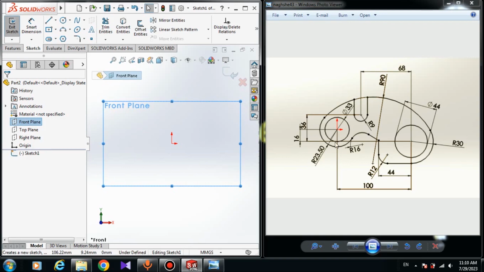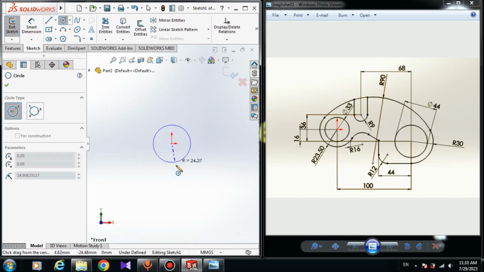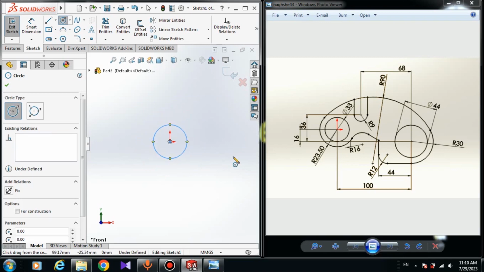First thing first, we have to draw two circles. So here I choose circle, 2-point circle, and when I get close to the origin point, an orange point appears. It means that if I click on this point, the center of the circle will be connected to the origin point. So I draw a circle here, and I draw another one here,